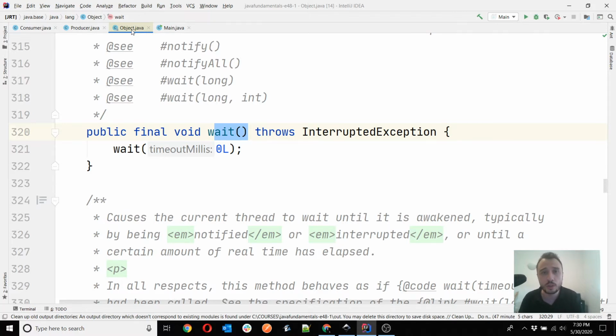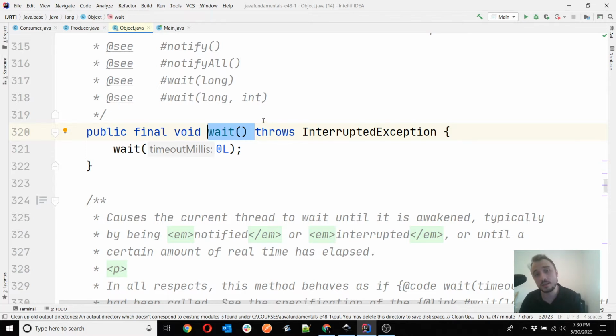Remember this rule we discussed earlier in the stream when we were discussing the object-oriented topics, the inheritance and so on. We discussed the Object class, and you know it is a very special class in Java, because any object extends the Object class. That actually means that all objects get the methods from the Object class. So wait, together with notify and notifyAll, the other two methods we'll discuss, so three methods, are part of any object.